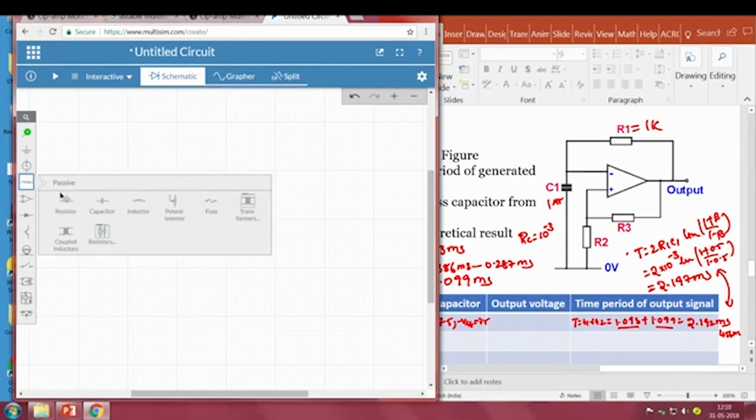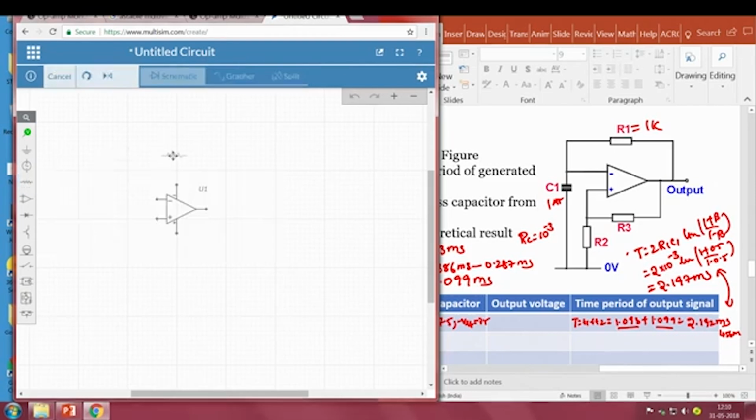So I need 2 resistors, one resistor for R1 and other resistor for the capacitor, right. Another capacitor, I will reverse the capacitor. Then I need resistor values, which is R2, this is my R2, then the other resistance value R3,